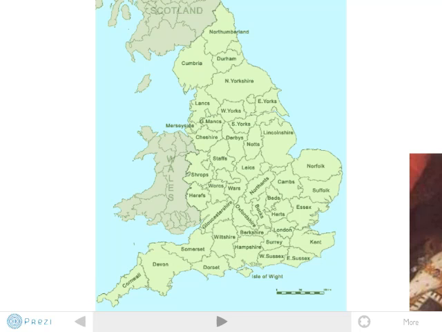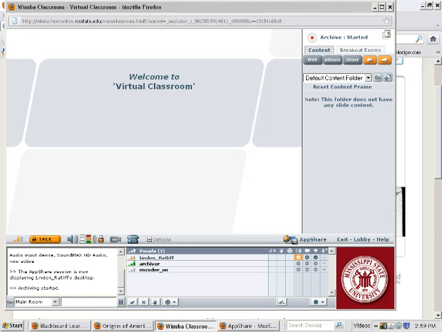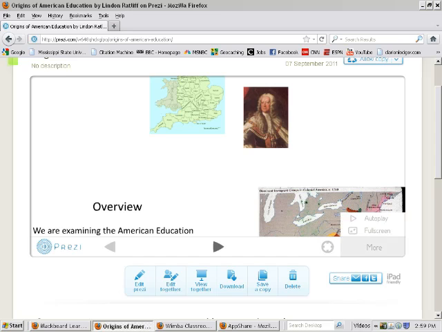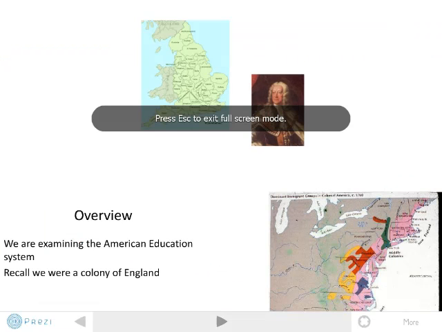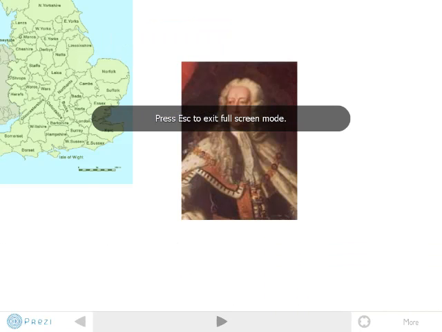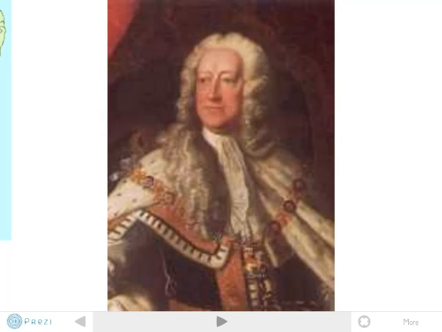What did the king do to encourage them? He gave them free land, free ships, tax breaks, and items such as that. So this was kind of a good thing for everyone involved. And that is what the king wanted. This is an image of the king, of course. Now,